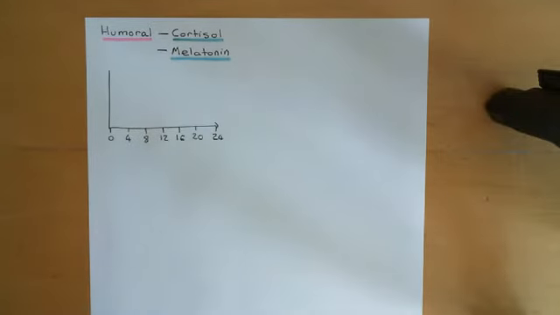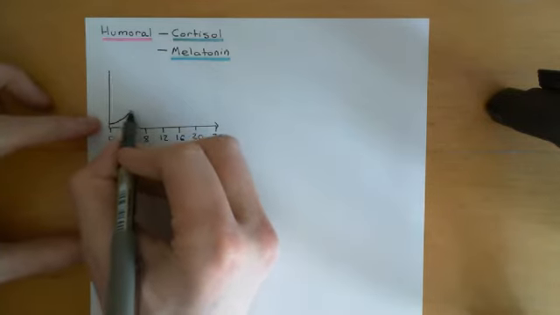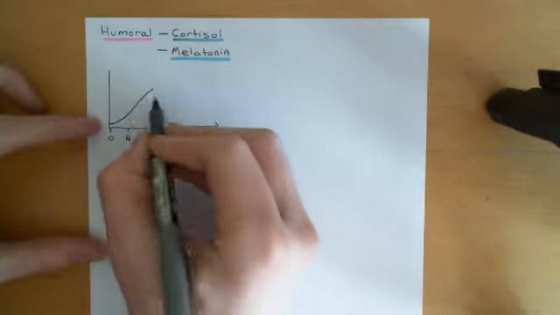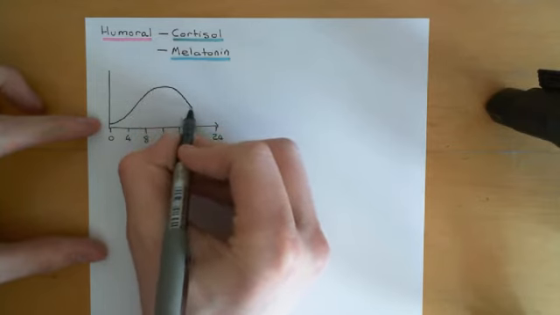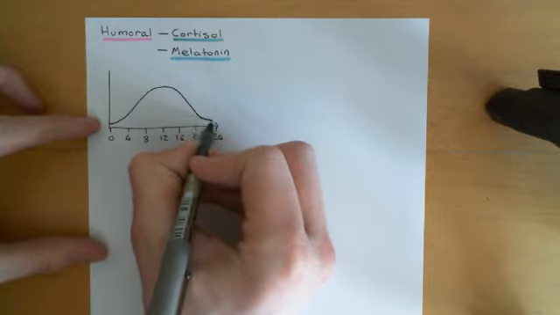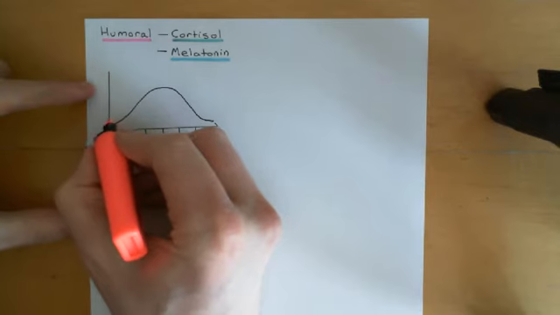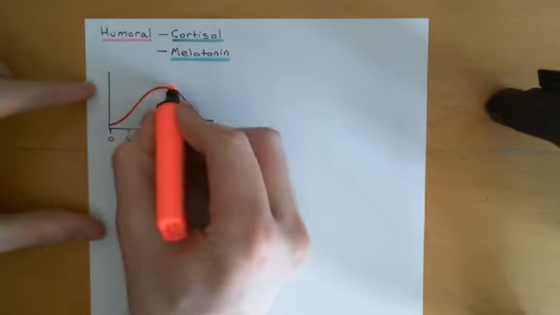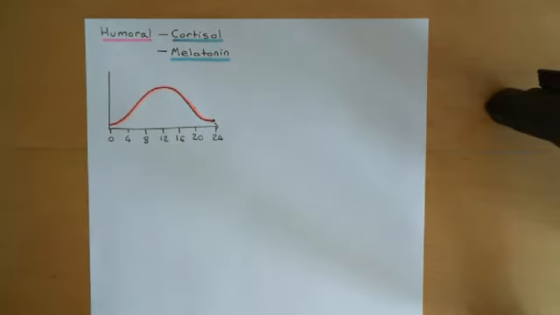Okay, and basically cortisol level is another one of these graphs that we've seen before. Basically, its level is very low at midnight, so during the night, and then its level will be going up, up, up in the morning, reaching a sort of peak around midday, and then starting to tail back down in the afternoon and evening, to the low level at midnight, basically. So this is the level of cortisol within the blood oscillating on a 24-hour time period.